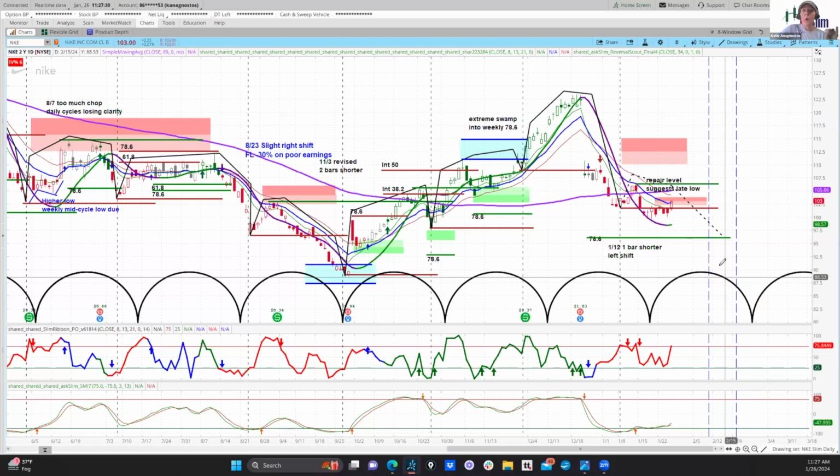That intermediate low was from February 12th to March 22nd. This fits within that time frame, and that's why it's on the cycle low timing tracker. So if this is the rising phase off of the low, it is still certainly not impressing us with its strength. So we'll keep an eye on how Nike behaves here.